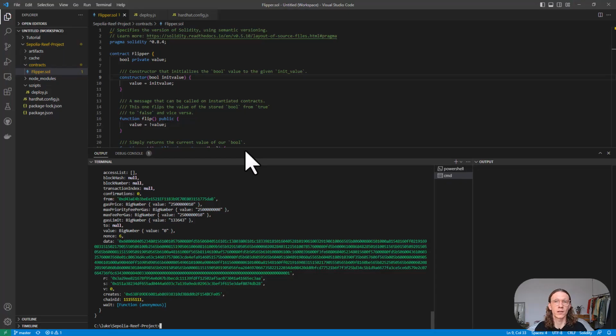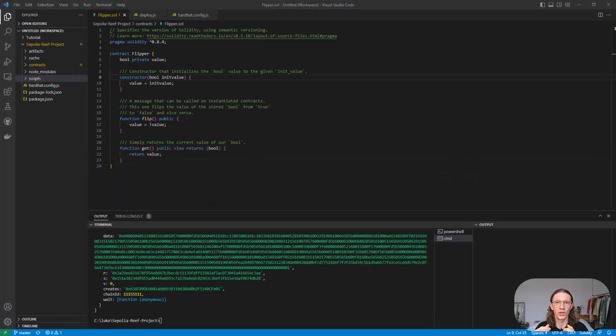So let's go back to our IDE and continue with deploying the contract to Reef. We don't have to change the folder structure basically. So we called the folder Sepolia Reef project. So we are really using the same folder structure, and simply gonna start with adding Reef Hardhat, which is a specific hardhat just built for Reef. And let's get that one and say yarn add